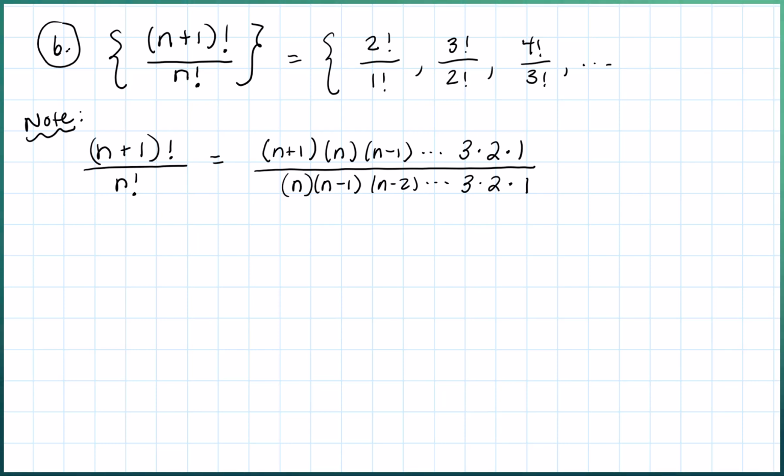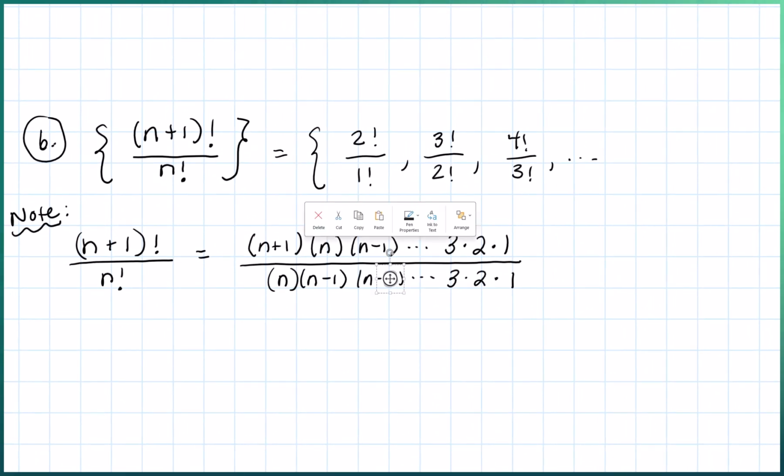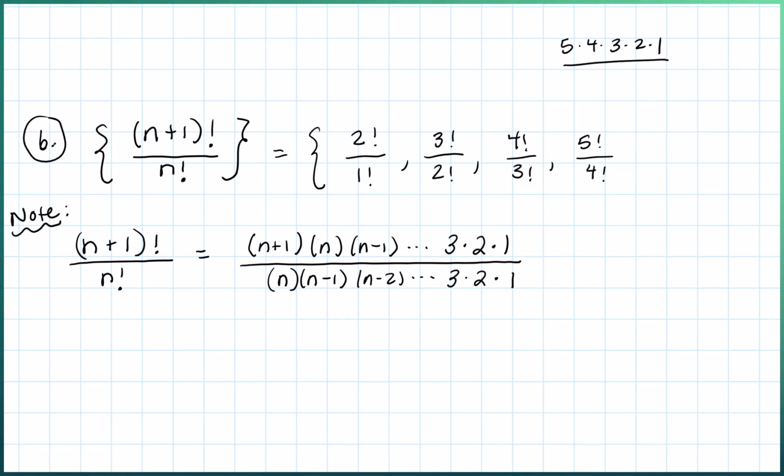And so what ends up happening here, we could see that actually with the numbers up above. Let's go one more out, because let's see it with slightly higher numbers, 5 factorial over 4 factorial. If we write that out, that's 5 times 4 times 3 times 2 times 1. And then it's 4 times 3 times 2 times 1. Notice all of the factors cancel except for 5. And that's what's going to happen in this expansion. So we get, the 1s cancel, the 2s cancel, the 3s cancel, 4 is not there, but they cancel all